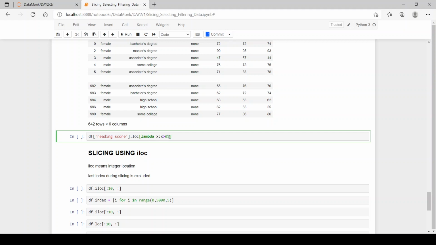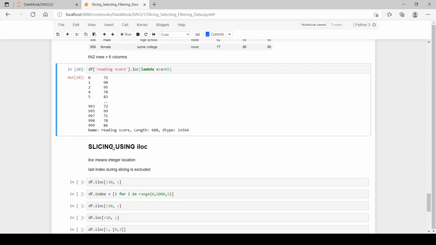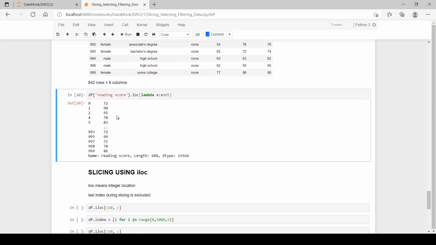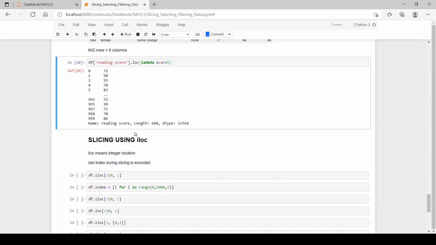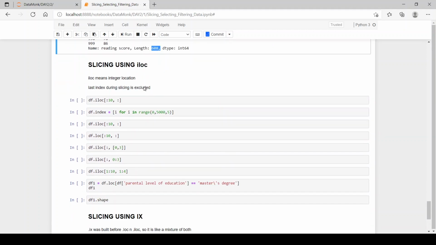So only those rows will be printed. As you can see, 72, 65, 83, 86, 80, 78 are printed, and only the reading score column is printed and not every column as before. Only the reading score column with x greater than 65 is printed, and it has 608 values in it.